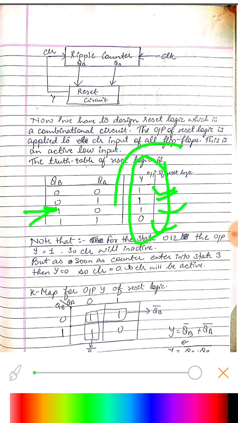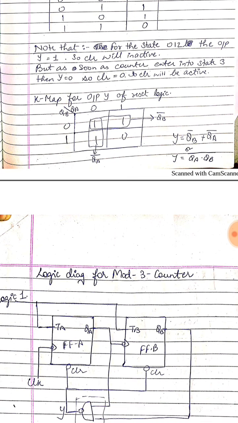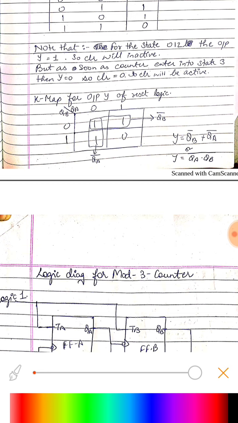So this is our y, and we can find the logical expression for this using a K-map. All of you know that for 2 bits we will have a 4-cell K-map. So this comes out to be our y, that is QA bar plus QB bar, or (QA dot QB) whole bar. This is nothing but De Morgan's law. So this is how we would implement our